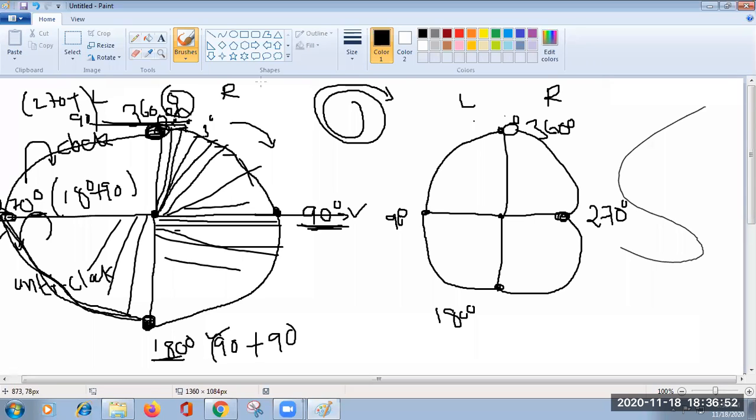So this is the way. This is an anti-clockwise rotation, and this is a clockwise rotation. So anti-clockwise and clockwise rotation, this is very important. You have to understand this very clearly. And one more thing important, that in order to